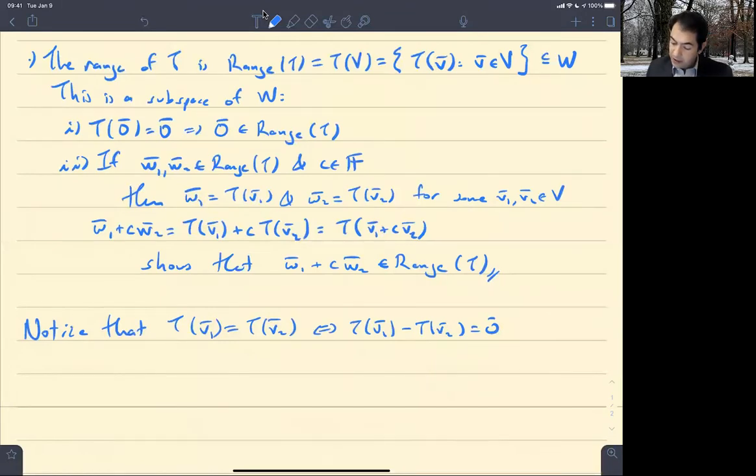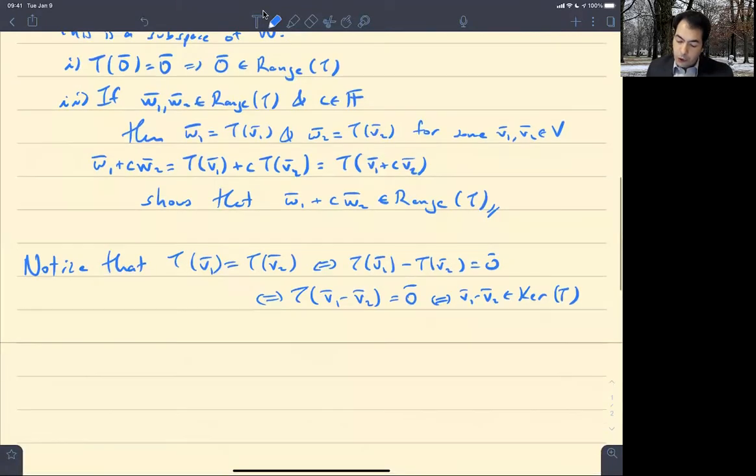And because T is linear, that's the same as saying that T of V1 minus V2 is equal to the vector 0, right? But we now have a different way of saying this. We could say that V1 minus V2 is in the kernel of T,